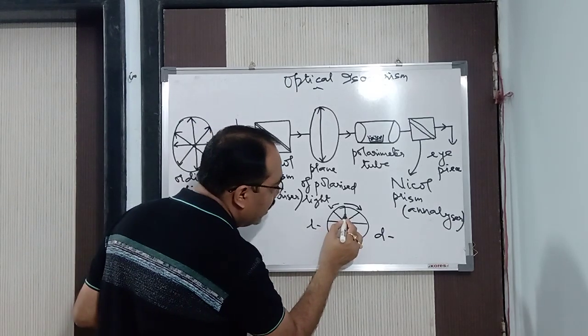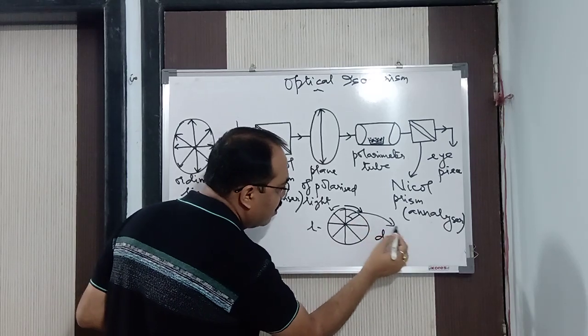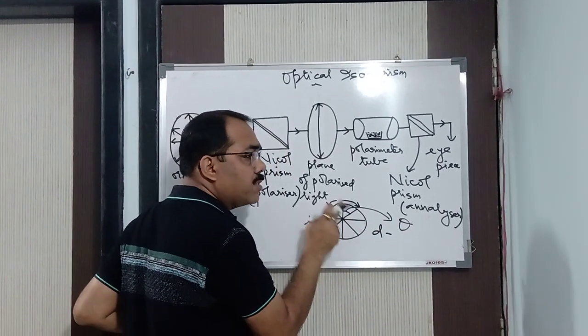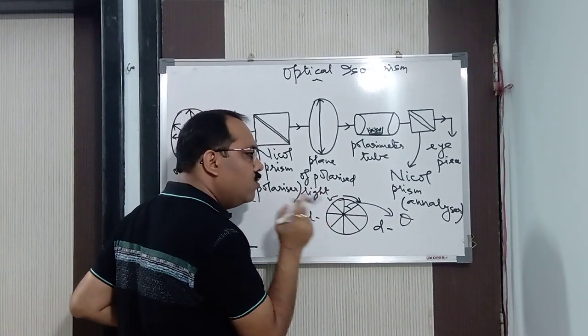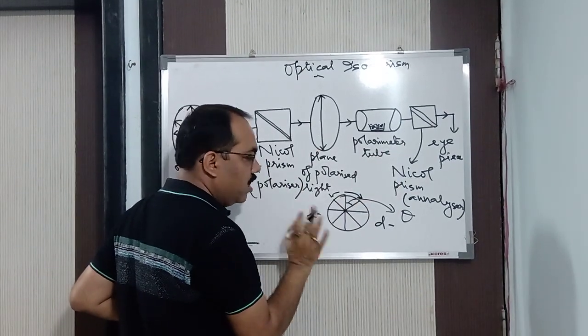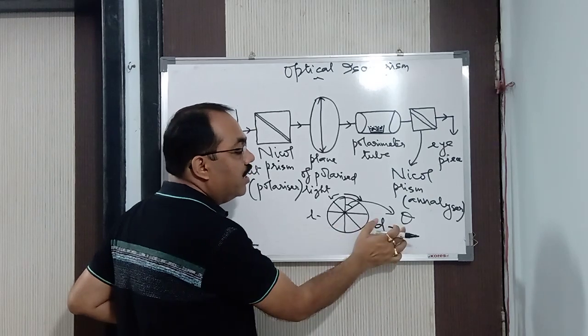Now you can see it makes an angle when it rotates towards right or left. Let us say this angle is theta. We call this angle the angle of specific rotation. Why do we use this angle? Suppose you have a number of optically active compounds and you want to know which is more optically active in nature. That theta will tell you.